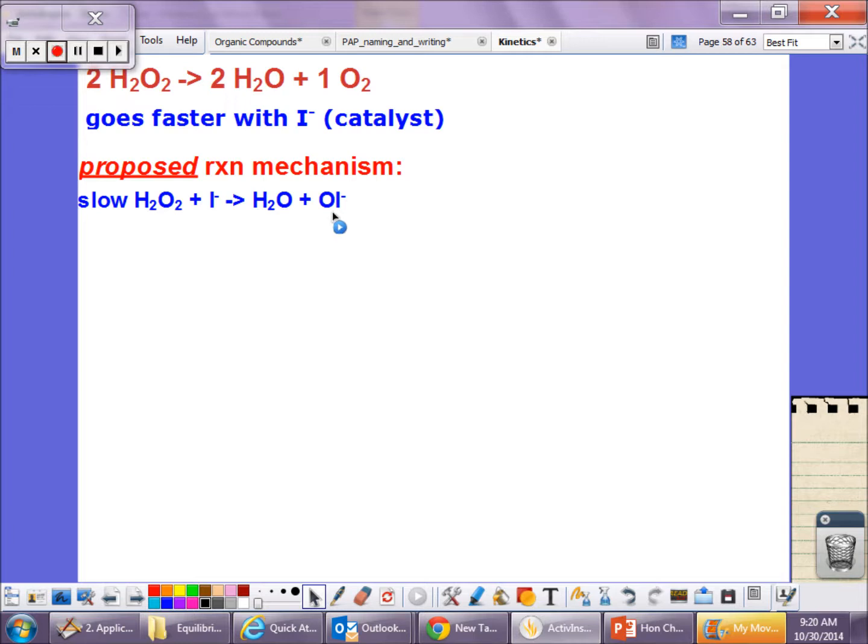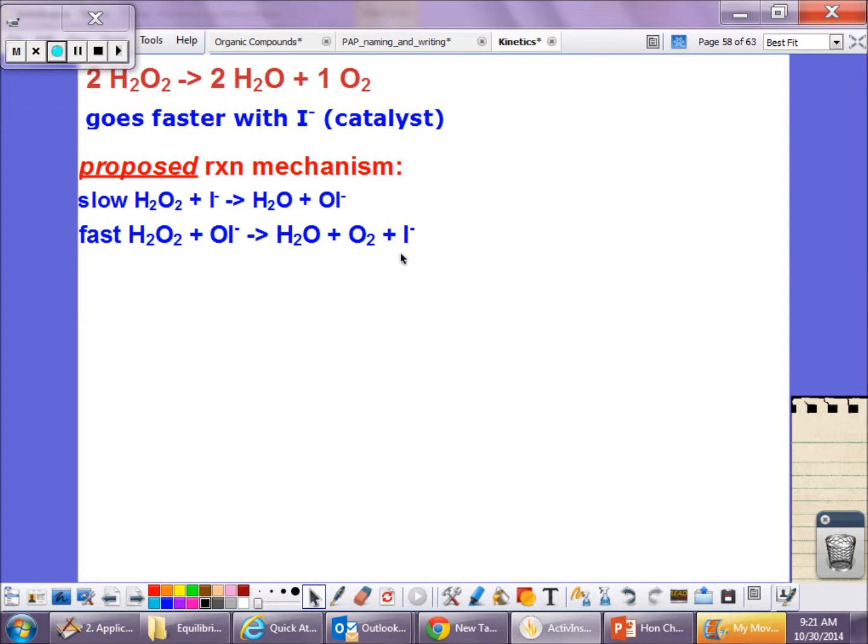I need you to pay attention right now because those are typical questions in AP. This is an intermediate. This is not stable. It is called a radical. If you go to the next step, this is a fast step. This is another molecule of hydrogen peroxide that will react with that unstable intermediate to produce water, oxygen, and this